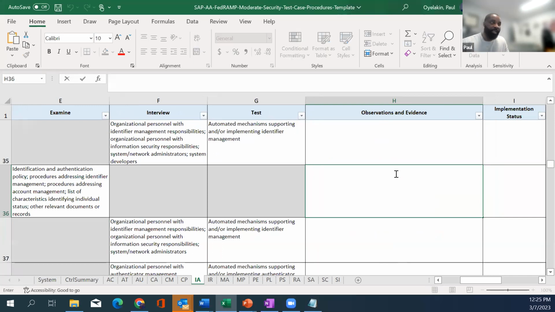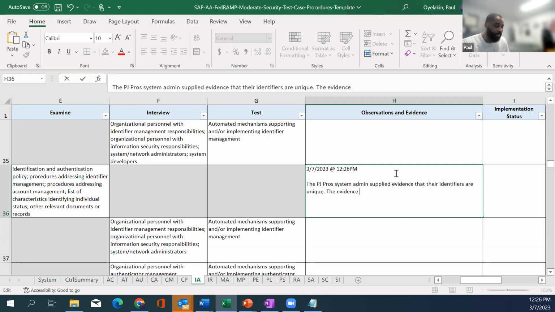Okay. Let's say I just did that. So at the time, 3/7/2023 at 12:26 p.m. Upon review, the PJ Pros system admin supplied evidence that their identifiers are unique. The evidence showed that their